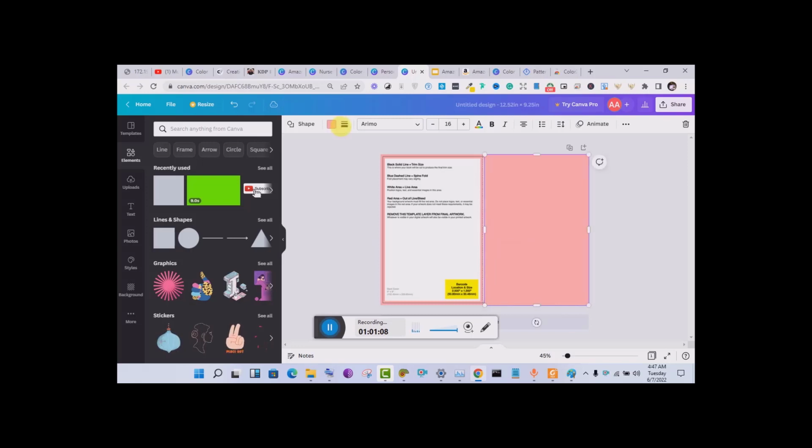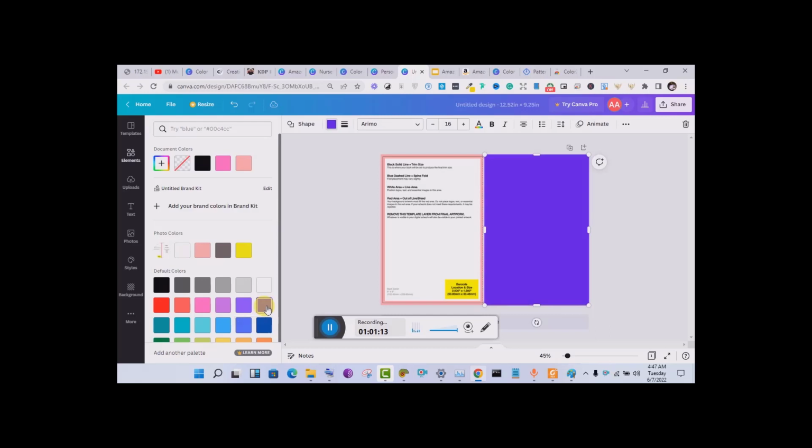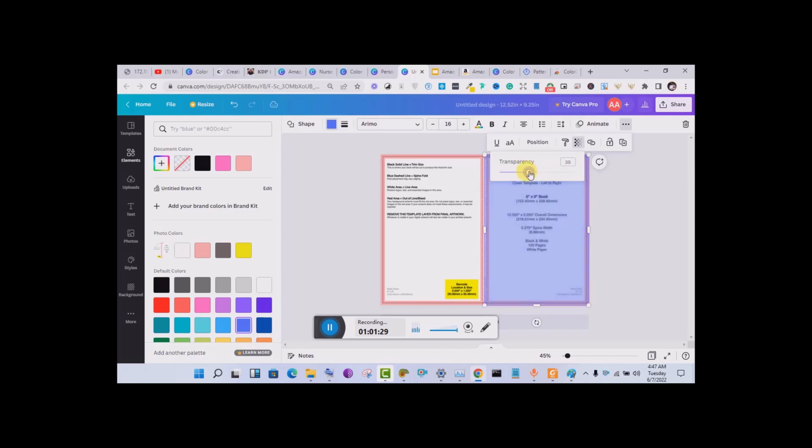You can change the color of that, maybe something like this or something like this. Okay, so now how do you increase the saturation of this color? Come over here, you see where they write transparency. You can increase this transparency like this. You can see it's becoming transparent, or you can increase it. So that's how to